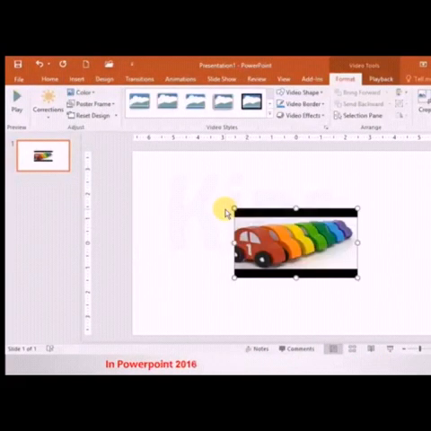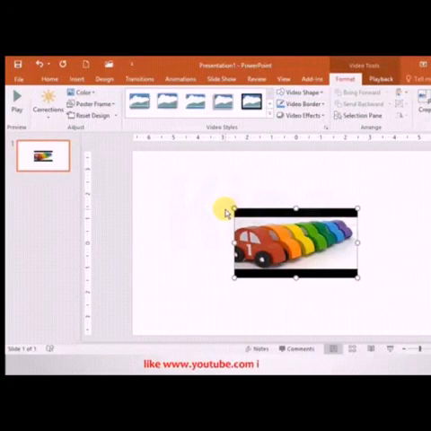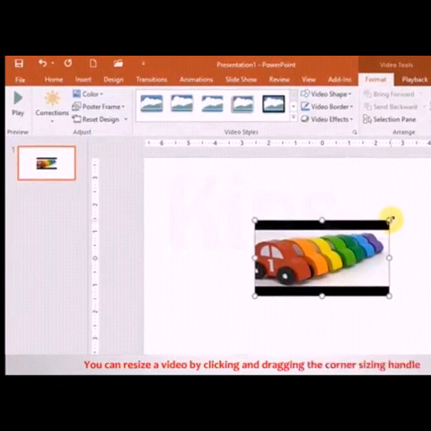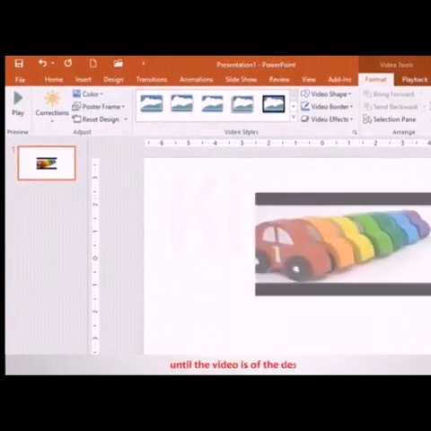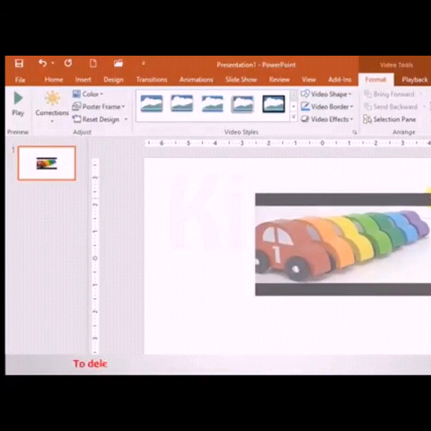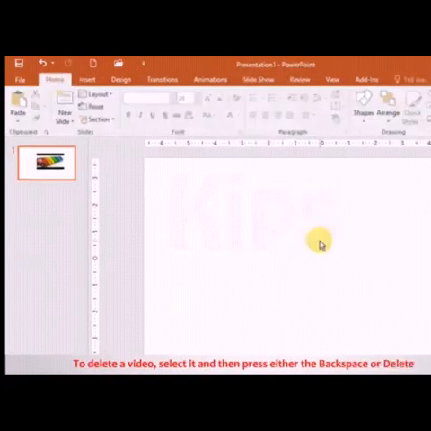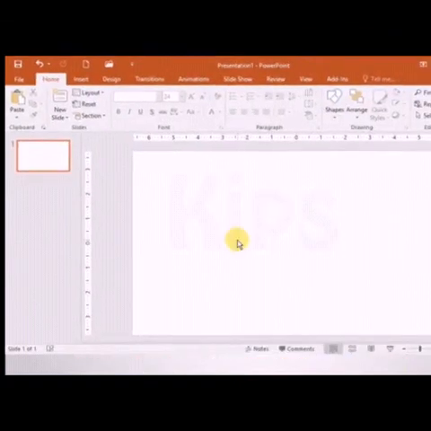In PowerPoint 2016, you can also add videos from websites like www.youtube.com to your presentation. You can resize a video by clicking and dragging the corner sizing handle until the video is of the desired size. To delete a video, select it and then press either the Backspace or Delete key.